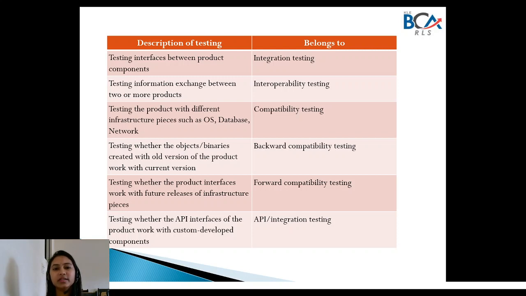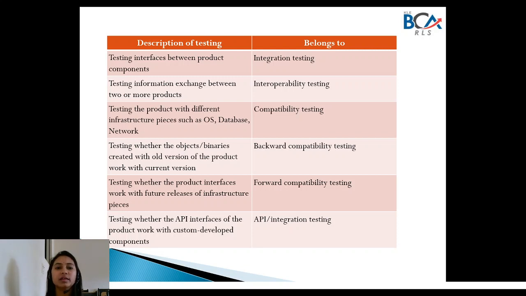Testing whether the objects and binaries created with the old versions of the product work with the current version is called backward compatibility testing. For example, you have a previous older version of WhatsApp which does not support some of the newly developed features present in the higher version of WhatsApp.